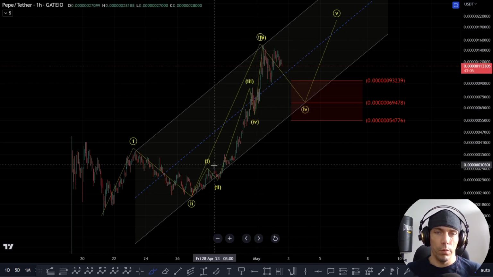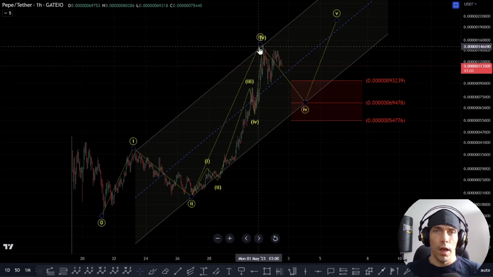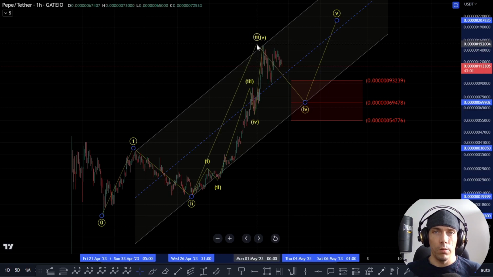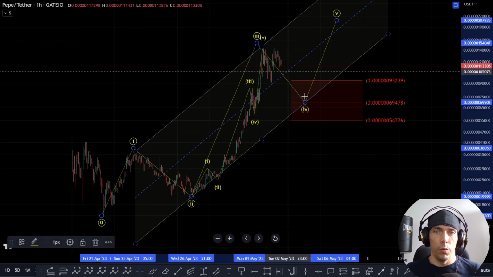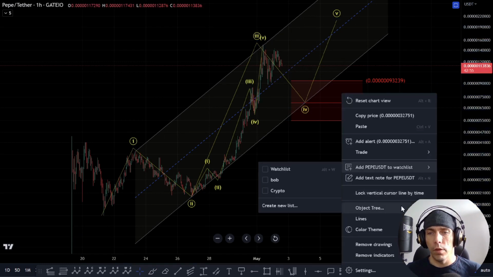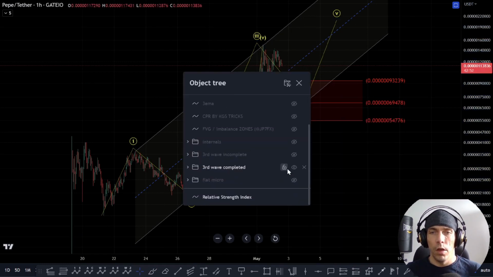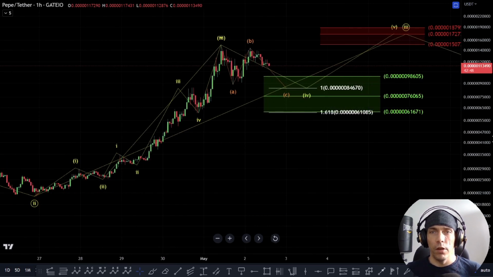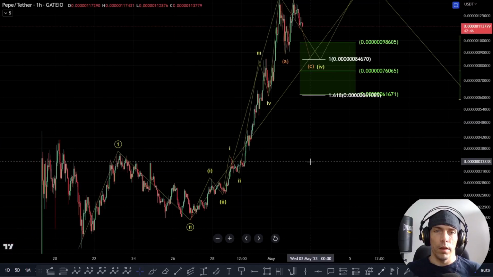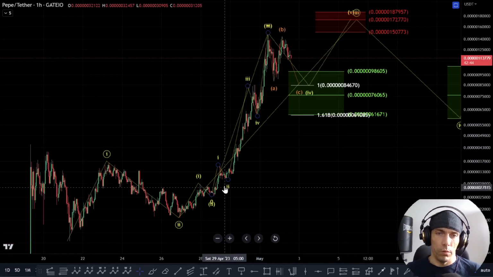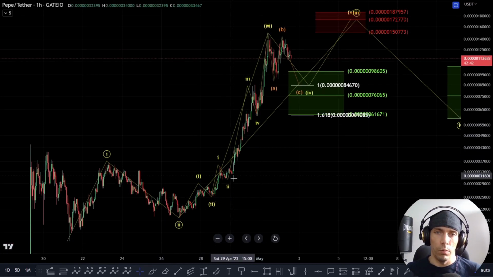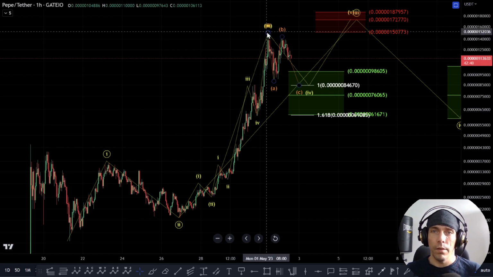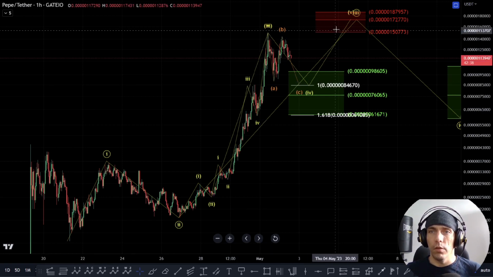Now, it is always possible that within this wave, it is still extending out. And it could be that we are actually not within a fourth wave to the downside now, and rather that we are actually still within this third wave. That would look something like this, where potentially within the structure, we could have an extension here. So what this would be looking at is basically subdividing the internals here a little bit differently, where this is 1, 2, 1, 2, 3, 4, 5,